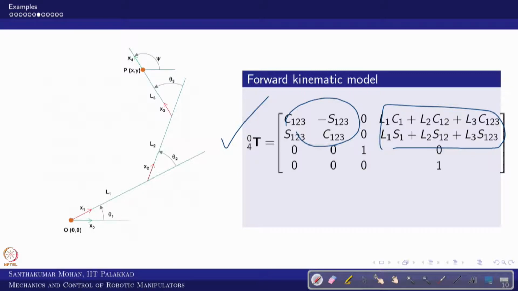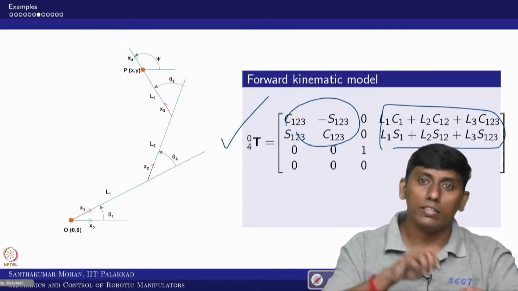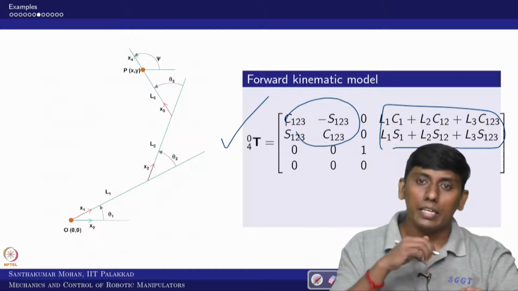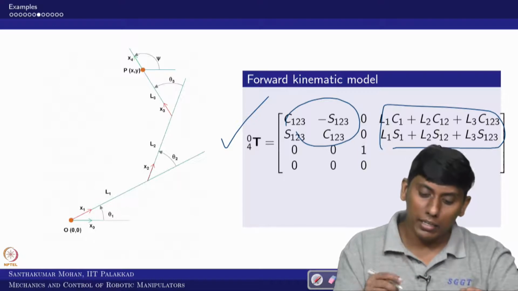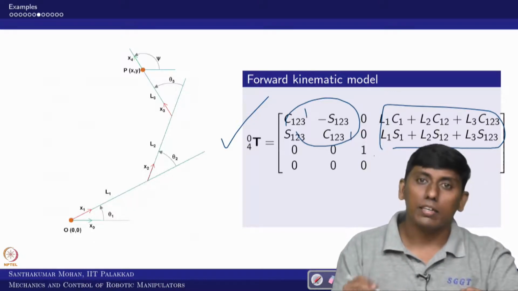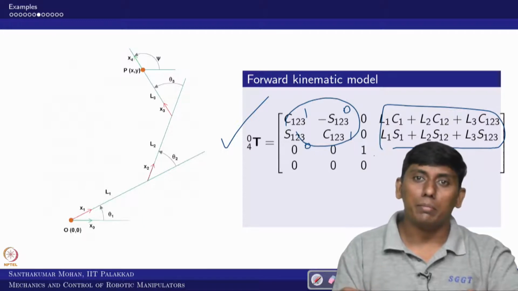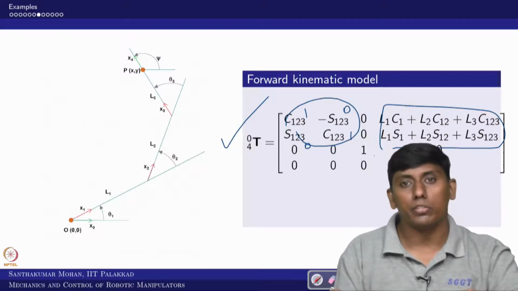So, what will you get? In the x axis, L1 plus L2 plus L3; in y, 0; and z is obviously 0 because it is planar. If that is the case, Z4 and Z are parallel. In that sense you can see it is supposed to be identity, that is also what we get, right? So, this is 0 0. We are not bothering about the frame arrangement, or about the position vector.